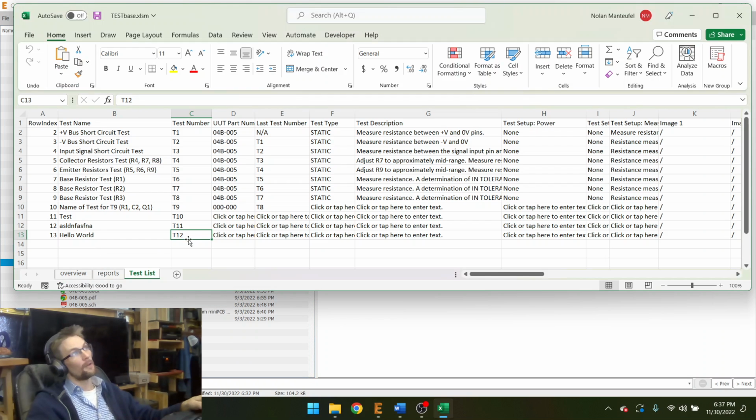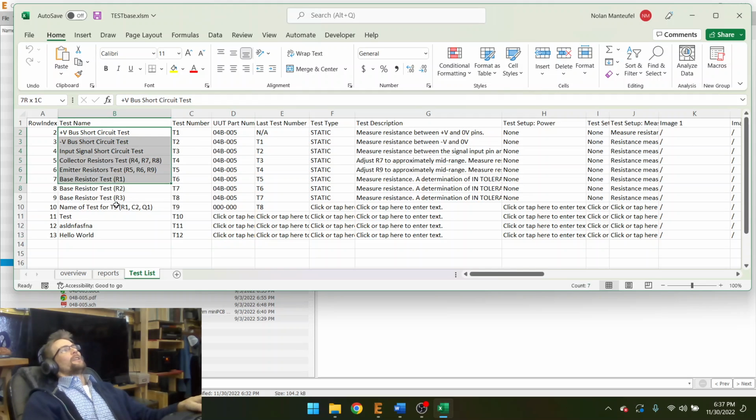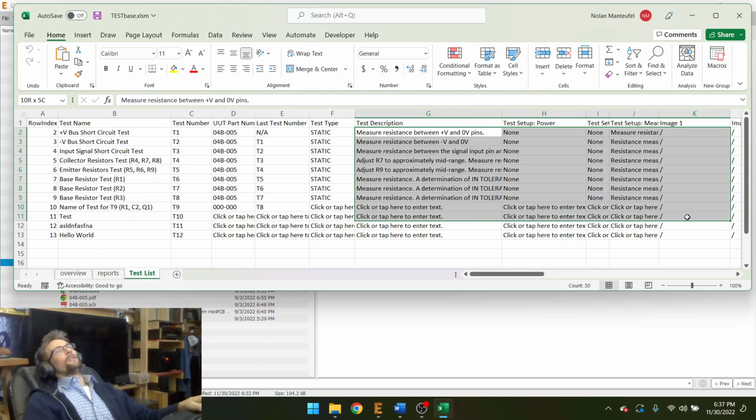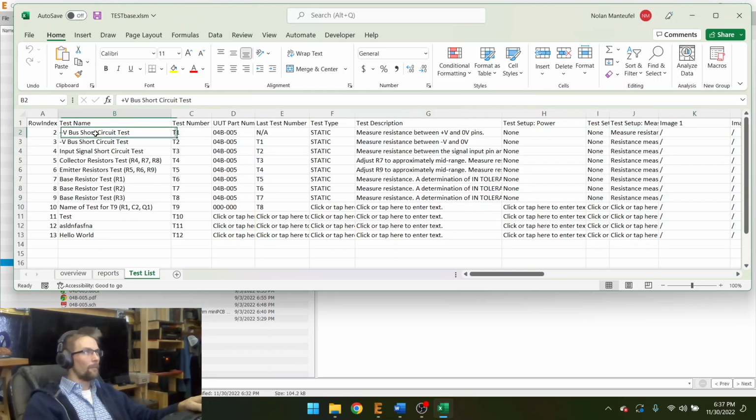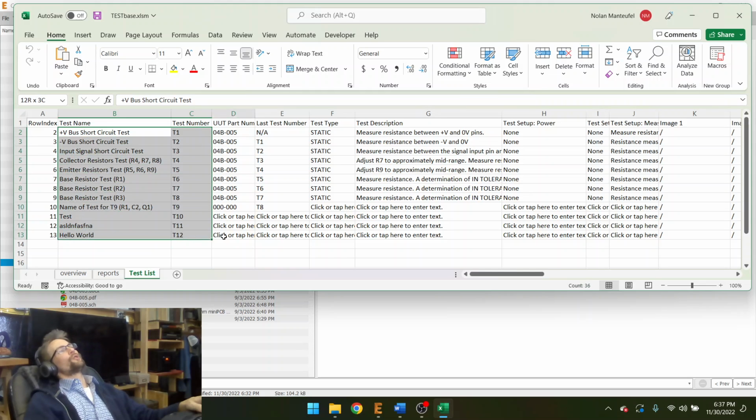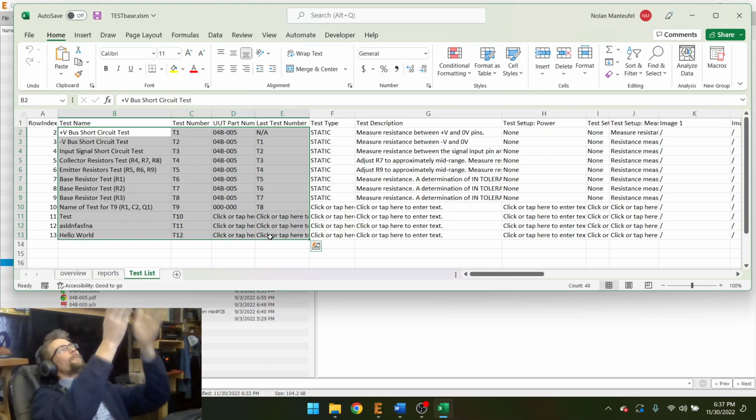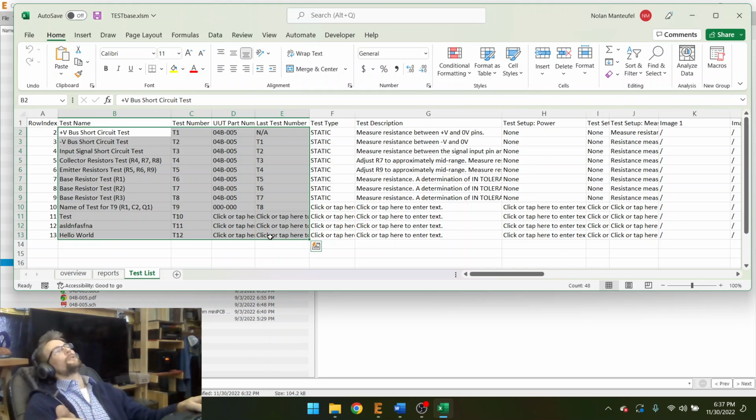So I wonder if there's a way where I don't have to do all this stuff in Excel. That would be horrible. But I do think that a large portion of the test information could be populated in Excel faster than Word. So I wonder if I could have a test list